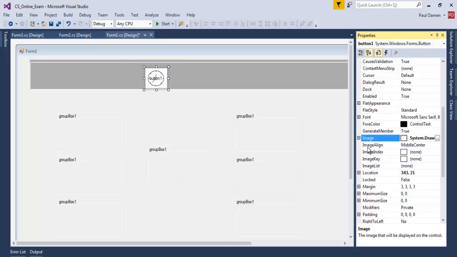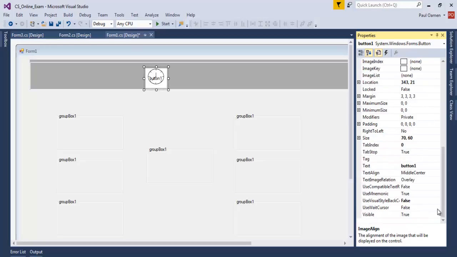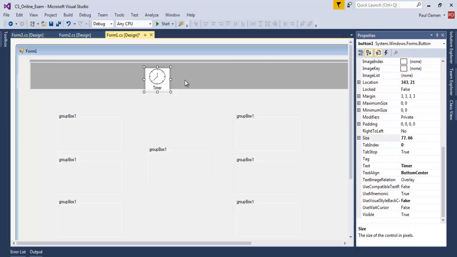Now image align, get the image align. I'm going to move it up. Then the text on the image, okay, I'll just enter timer there and align the text to the bottom. Okay, right there. So the text is right at the bottom. And let me change the size of this to maybe 77 by 66. Yeah, there's enough room now, and move it up